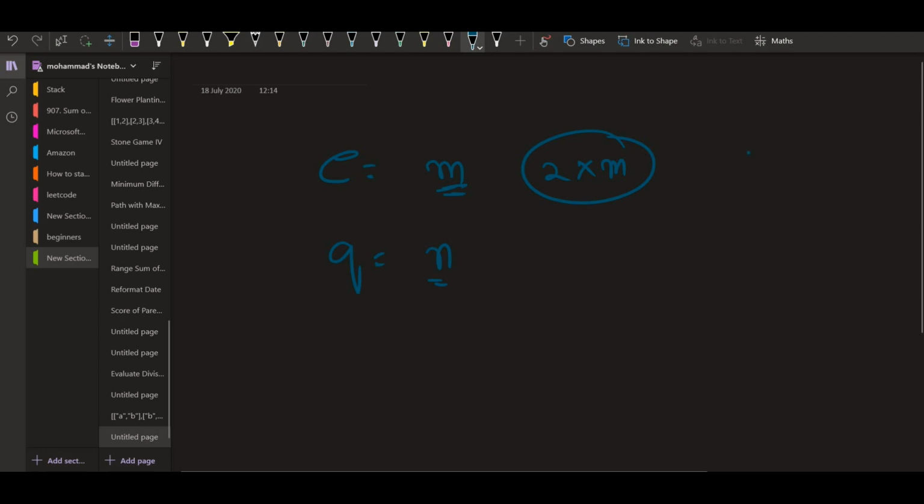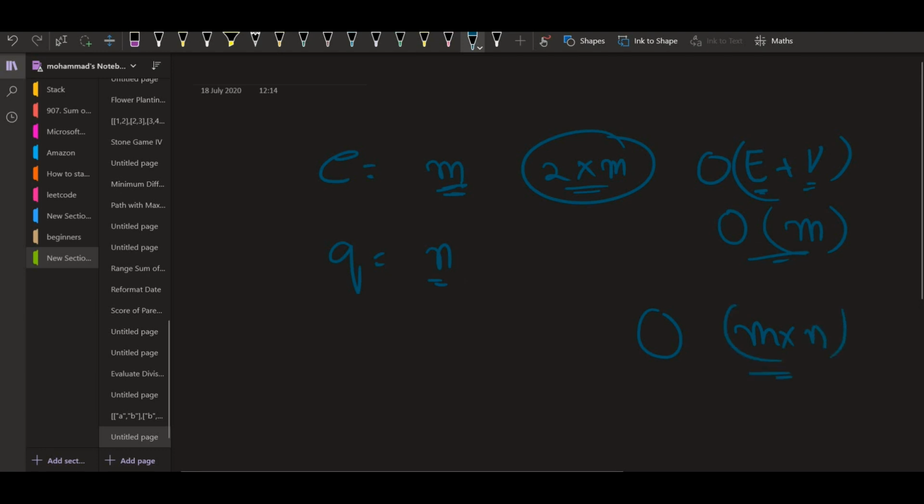We know that the time complexity of a DFS is big O of E plus V, where V is the number of nodes. In worst case, E could be as large as V square, where V is the number of nodes. So if the size is given as m, the complexity will become big O of m in worst case, and this DFS function is being called n times, so it will be big O of n into m. This is the time complexity.